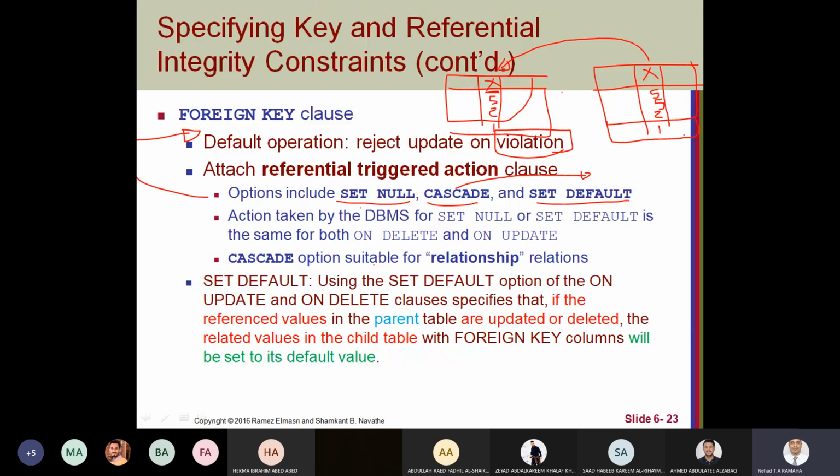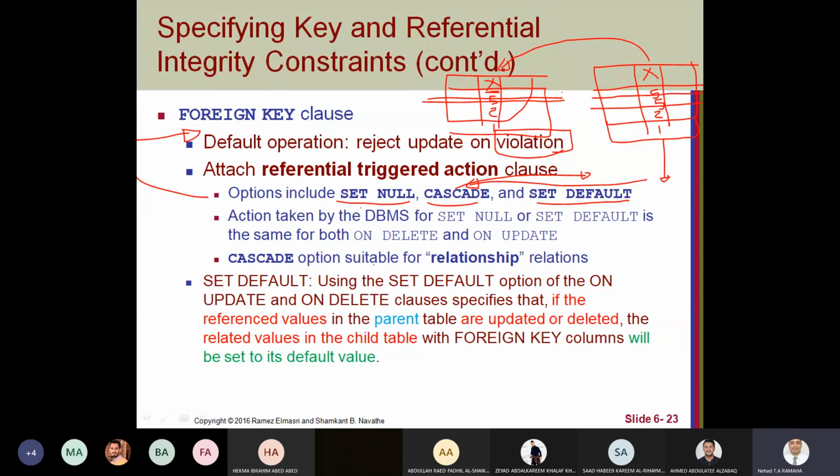Now if I mention when defining this foreign key that it's cascaded, this means when I delete the primary key, it will be deleted from here also.